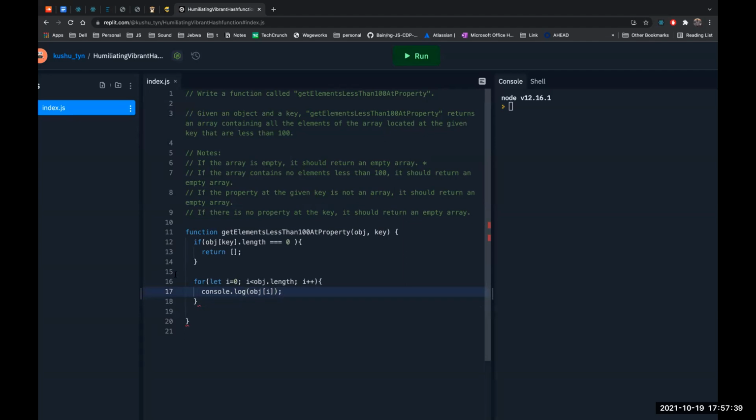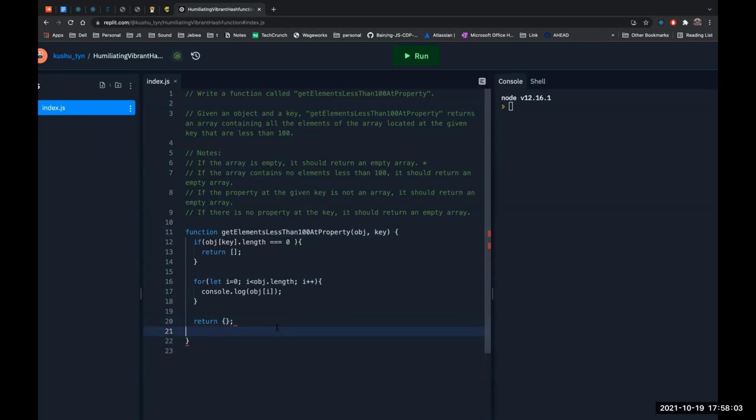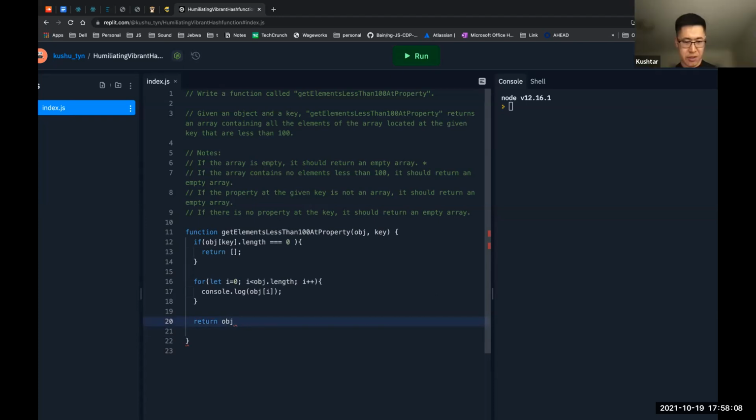Yeah. So what? Say here. This. Okay. But it should be return object, not the empty array. No, obj. But it's going to return just the same thing. Then this means